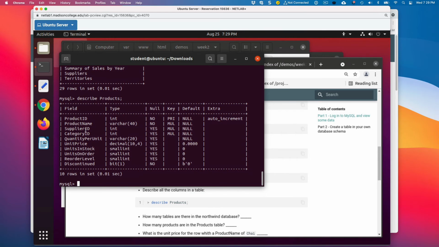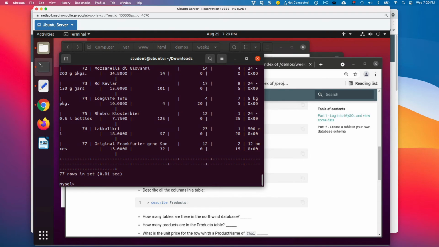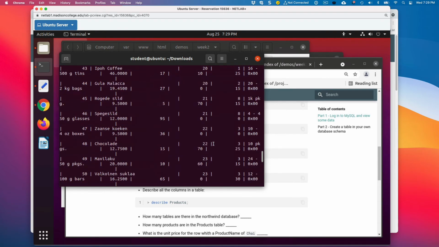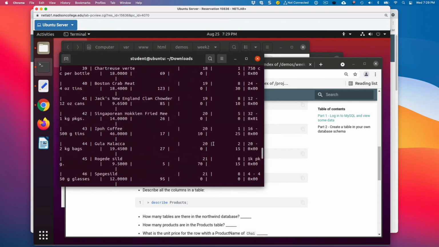But it's telling me what the data types are, whether it's a primary key, whether it could be null or not, so all sorts of information. And if I go ahead and type select star from products, I will get a complete listing of the whole products table.